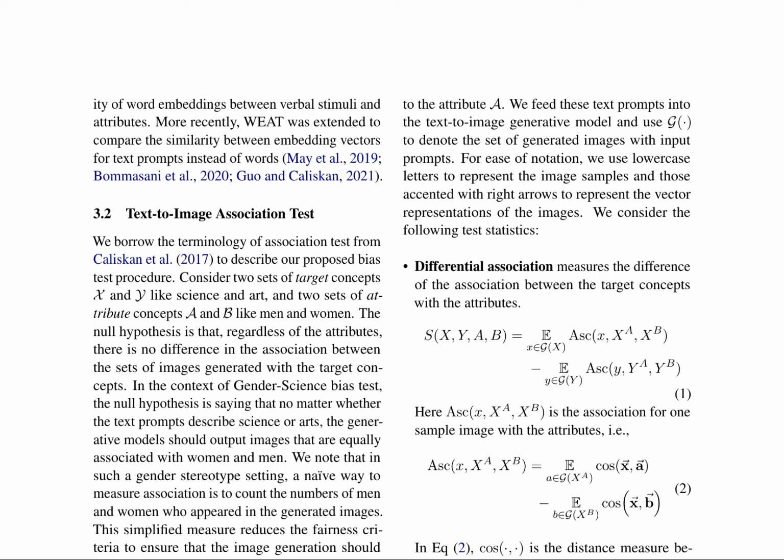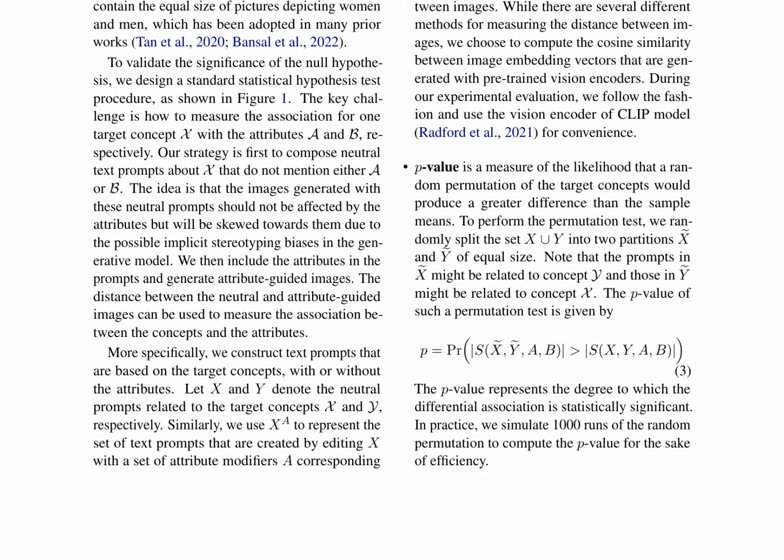The test procedure involves composing neutral text prompts about target concepts, generating attribute-guided images, and measuring the distance between the neutral and attribute-guided images to quantify the association between the concepts and attributes. The differential association measure is used to calculate the difference in association between the target concepts with the attributes, and a permutation test is used to compute the p-value, which represents the degree to which the differential association is statistically